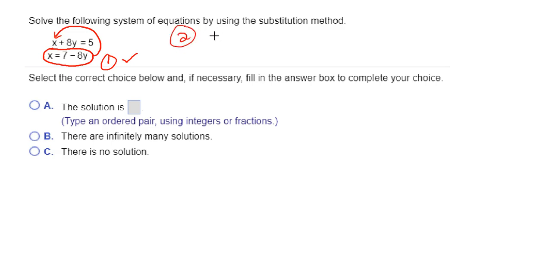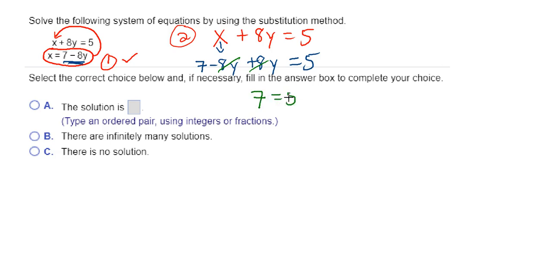So step 2 would be to take this equation, x plus 8y equals 5, and in place of x, we are going to plug in 7 minus 8y, because that's what the bottom equation tells us x is equal to. The rest of the equation will stay the same, and this one has an unusual outcome in that now when we go to combine like terms, they actually just cancel each other out, and we get 7 equals 5. So if that ever happens to you, if you're trying to solve the system of equations, and in the process your x and your y variable are both just gone, and you get just a couple of numbers like this, and by the way, this is part of step 3,